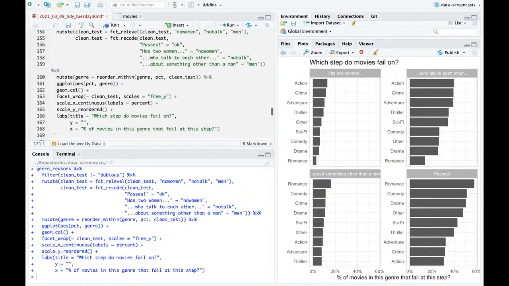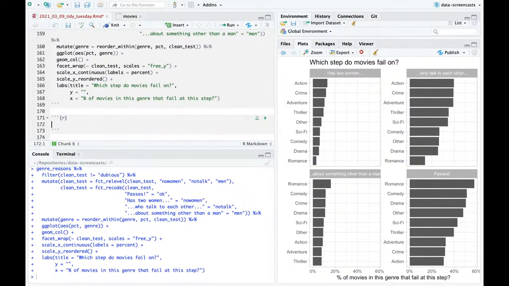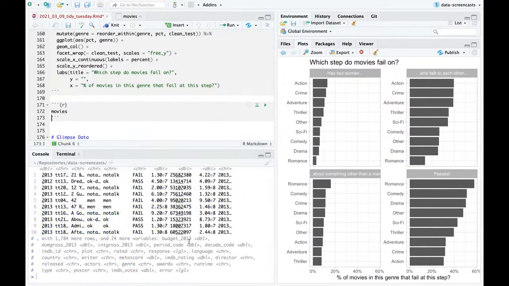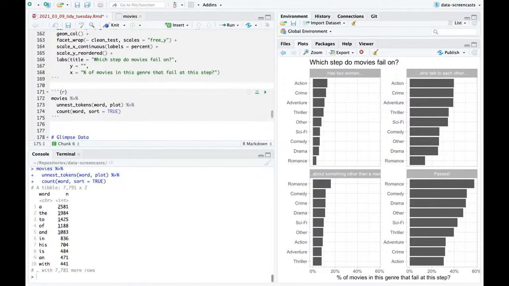Do we want to take a look at something else? Yes. It's been a while since I did text, and I'm going to reward myself. I'm going to look at the plot description. So we already loaded tidytext, so we can unnest tokens, plot, word, plot. Count word. I might want to remove the anti-join,